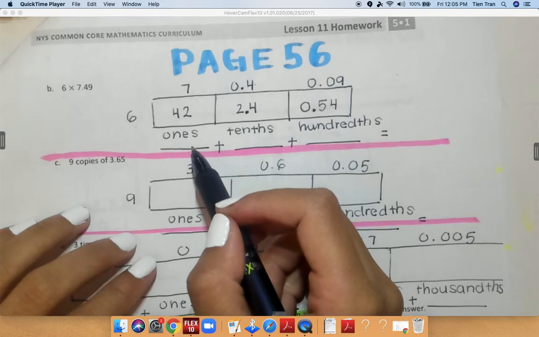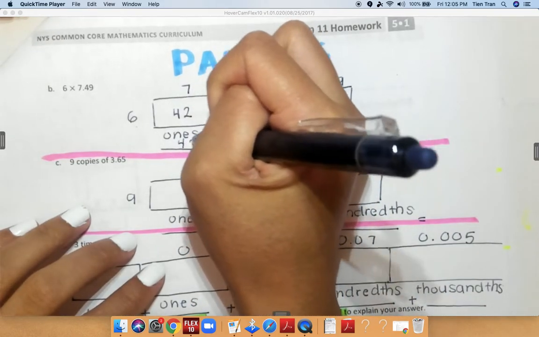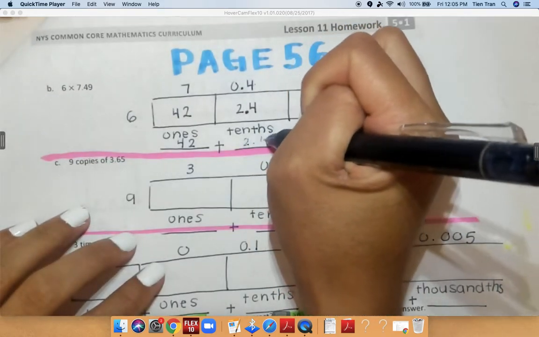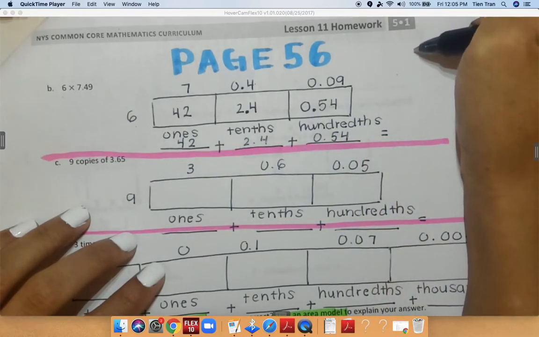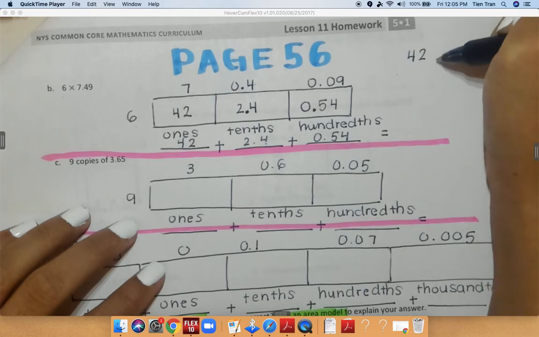Now I'm going to add all of my numbers together. I have 42 plus 2.4 plus 0.54. And I can write that over here so you can see it better. 42 plus